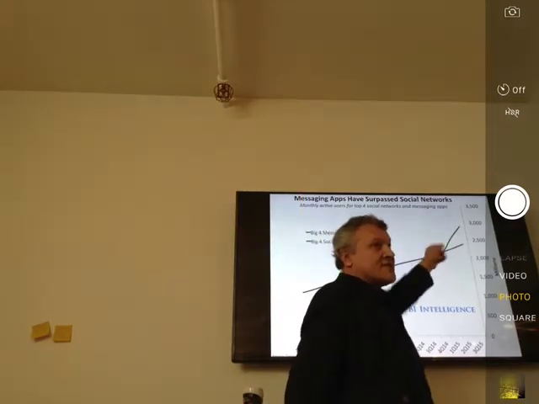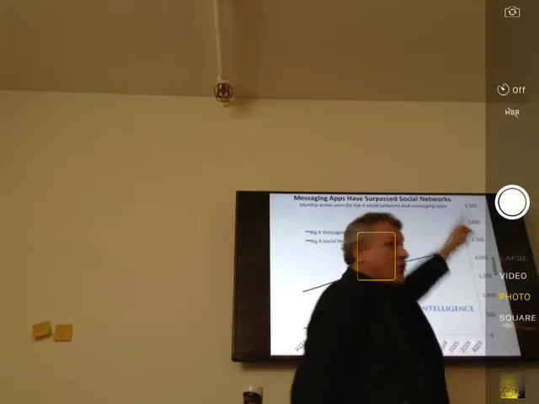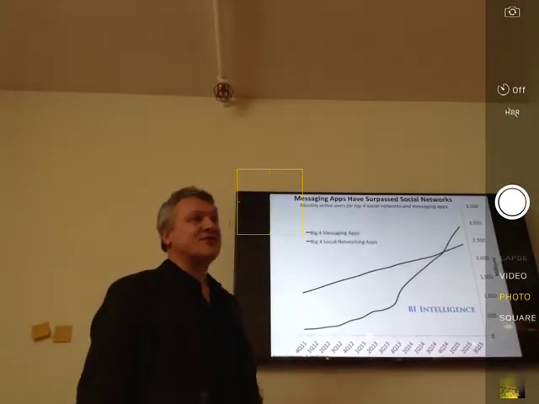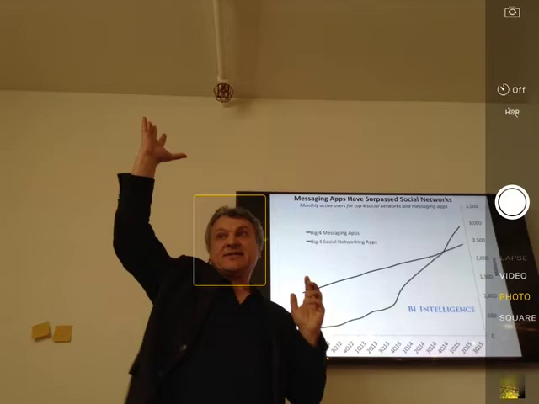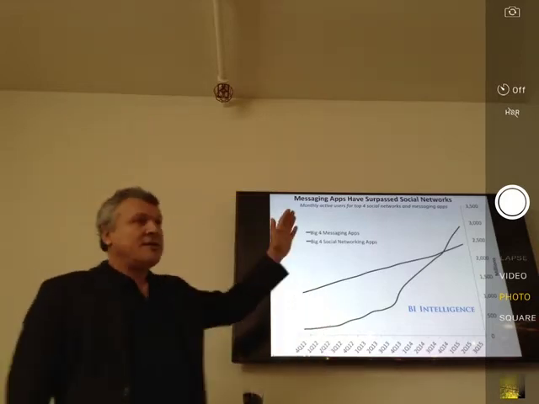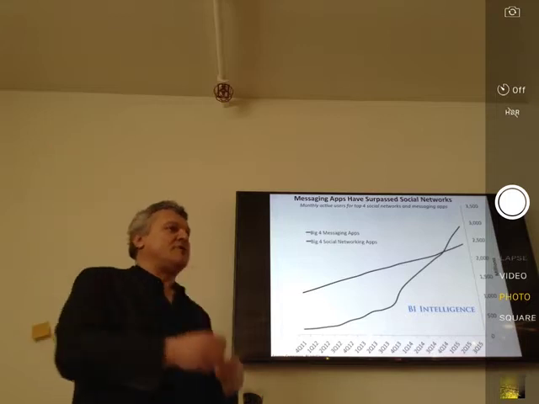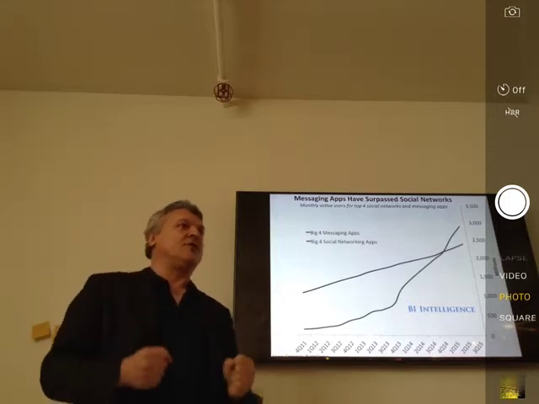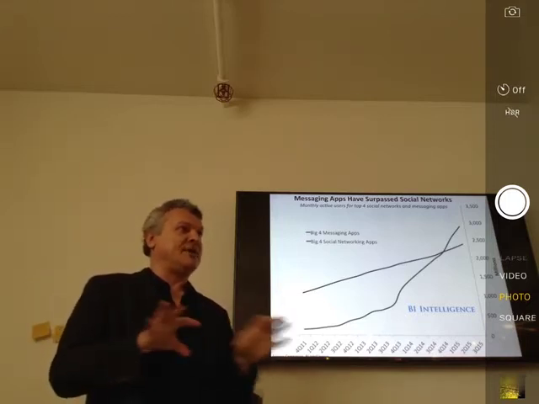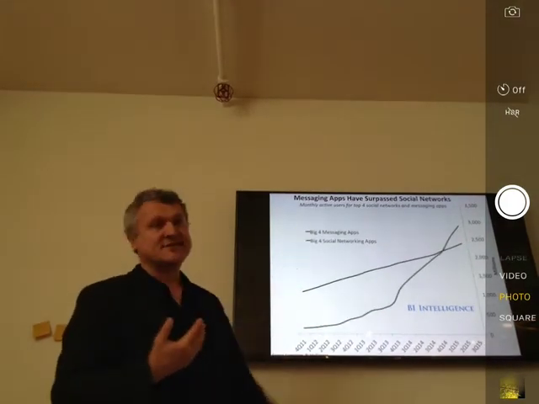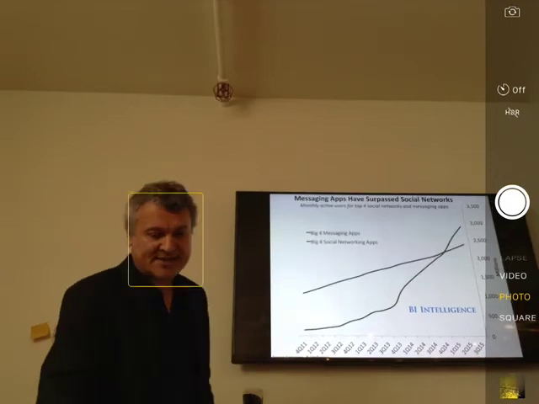So this time last year they broke through, and now they're going up to 3 billion monthly active users. And this trend is very aggressively picking up steam. So the trend and the prediction is that a lot of people will be spending a lot of time chatting, be it with humans or with bots. So this seems to be an unstoppable trend. So what does that mean for